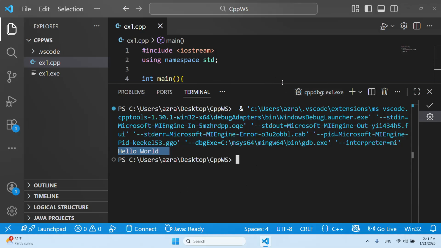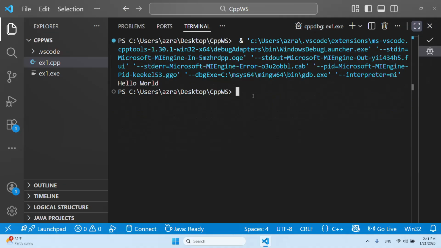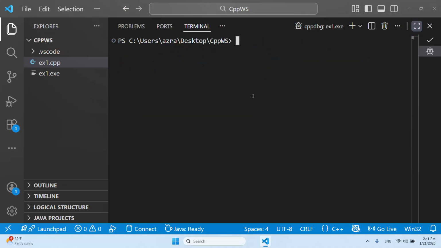The second way to compile this program is actually to use the command line and compile it ourselves. So what we could do is say g++ -o, and give it the name of the executable. I'm going to say ex1, so I want the executable name to be ex1, and the name of the program is ex1.cpp.